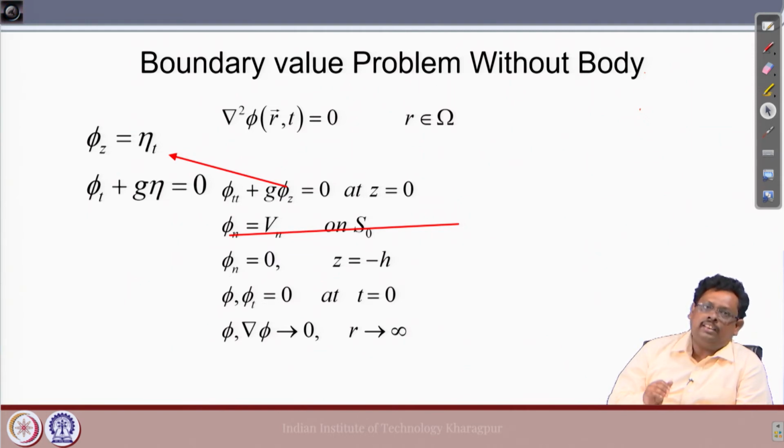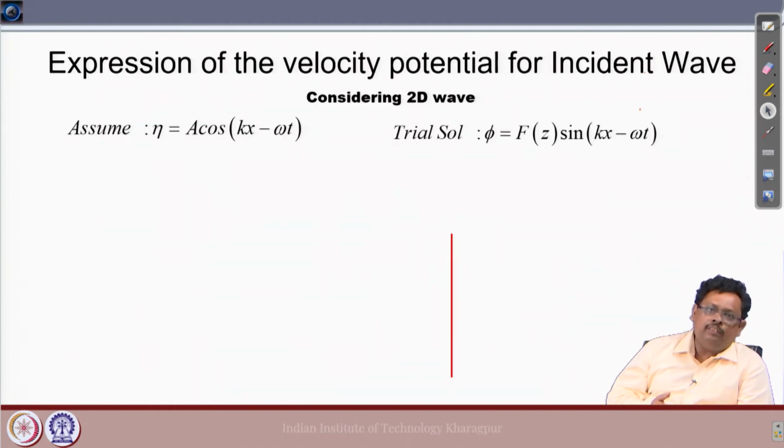I am going to solve del square phi equal to 0 with phi z equal to eta t, phi t plus g eta equal to 0, of course at z equal to 0, and then the normal velocity phi n equal to 0 at z equal to minus h, and then we have the initial condition as well as the radiation condition. Okay. So, now we are assuming the plane progressive wave eta equal to a cos k x minus omega t,